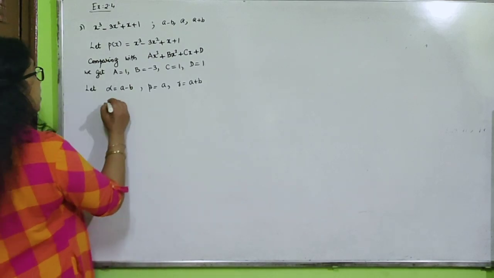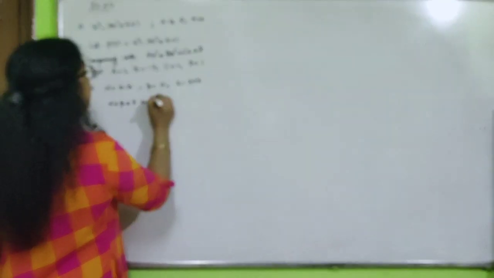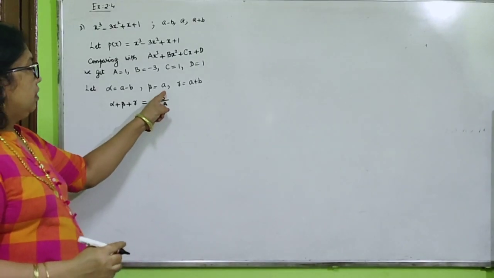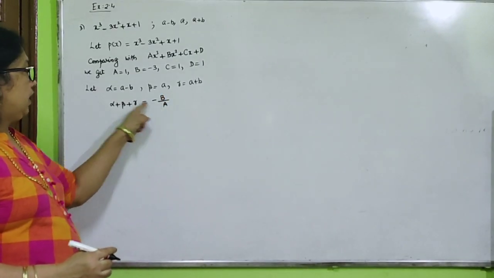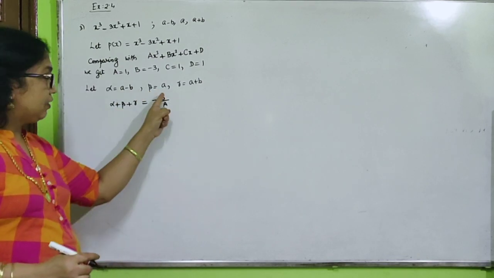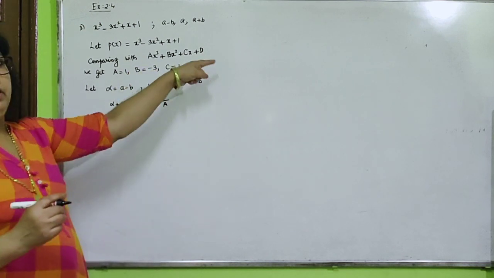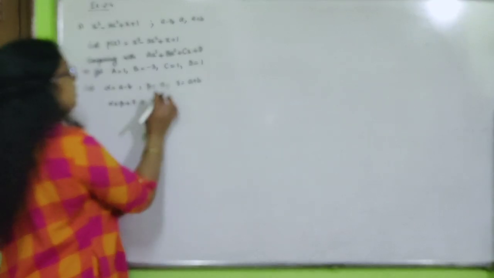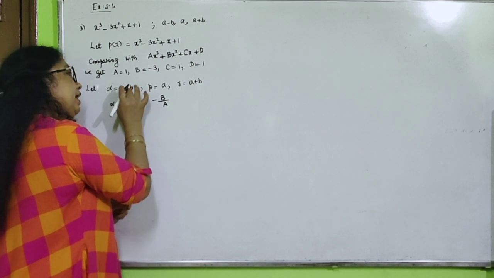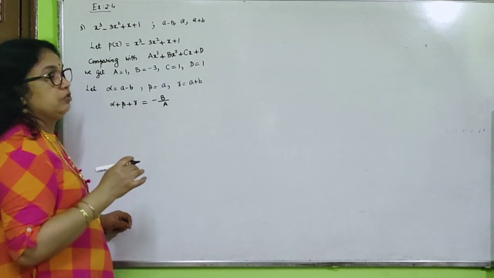For that, do alpha plus beta plus gamma. What is the formula? Minus D upon A. If I write small b and small a here, in alpha, beta, gamma also a and b are there, so you will confuse. That's why I take different values. Now you have followed why we write the capital ones. If we wrote small letters here, we would write small b upon small a, and in alpha also a minus b, a and small b are there. So you will confuse with that one. That's why we write that one using capital letters.